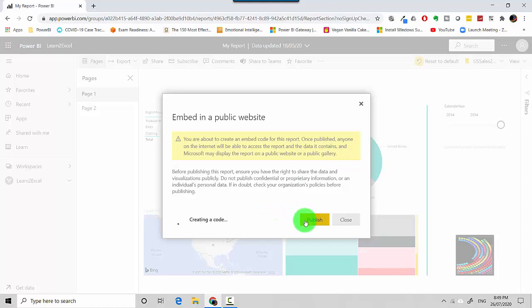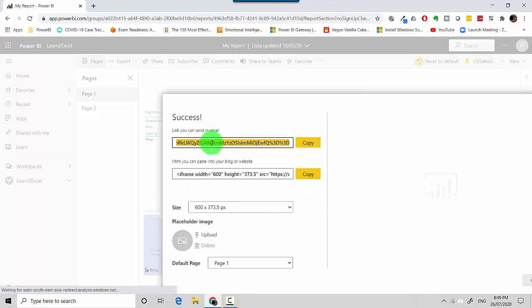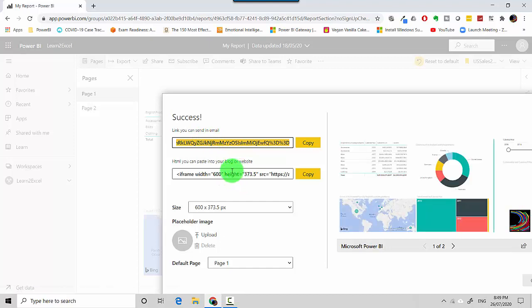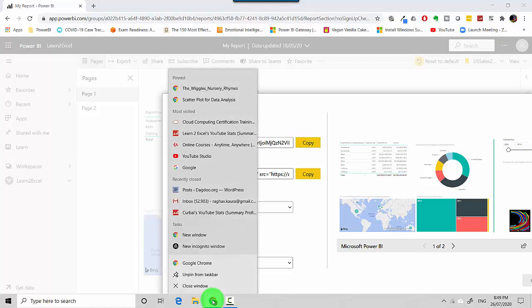So in this case, we'll just click on the publish link and you can see it is giving me a URL and it is giving me a frame. So this frame you can also embed into your WordPress blog. So we'll take this in another video, but for now I'll just copy this link